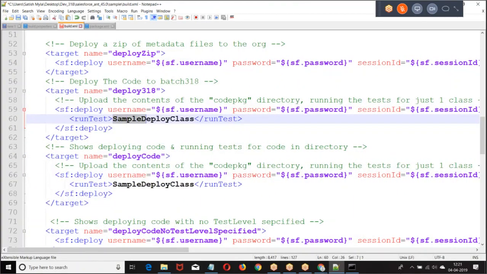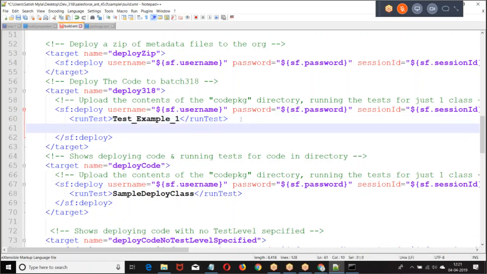I want to run only specific test classes. You're supposed to give test 1, test 2. But I'm giving them as 2 separate entities and trying to make it work. We'll check it out. So I mentioned it here.